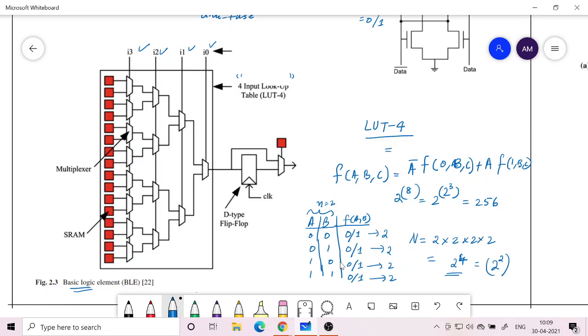In the next step you can take b equal to 0, so b bar into f of 0 0 c. So it's a function of c only now. When you put these two zeros for a and b, you will get a function of c, then plus b into f of 0 1 c, and plus a into something else.